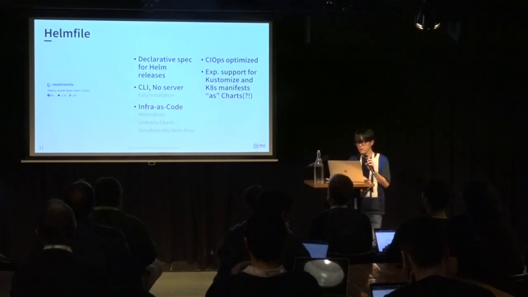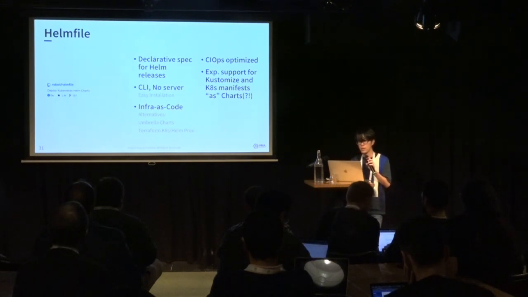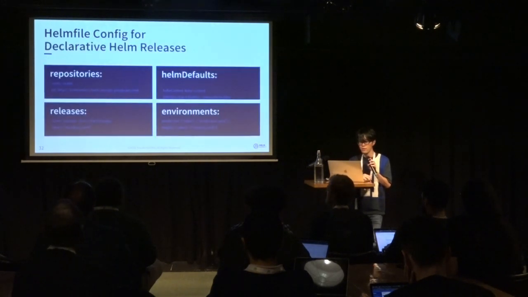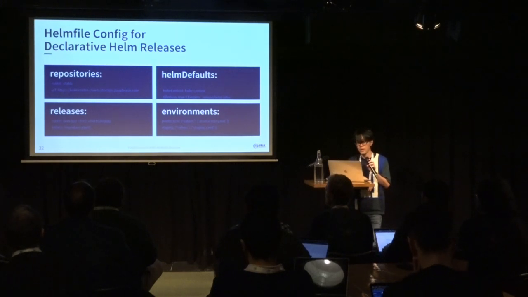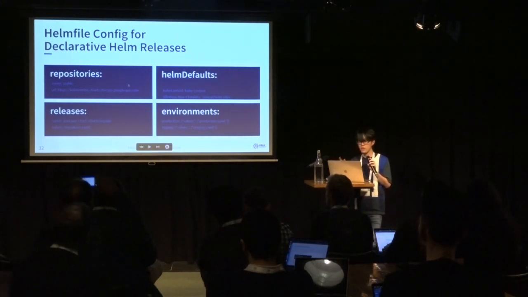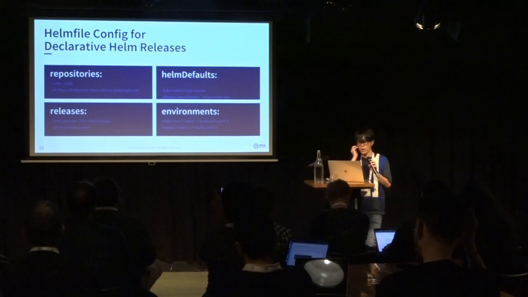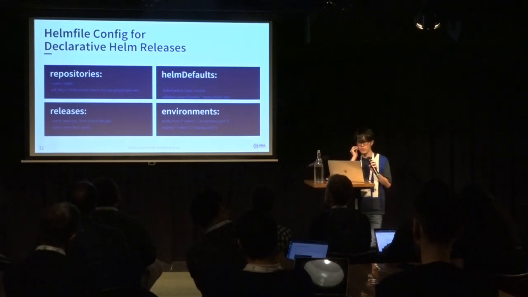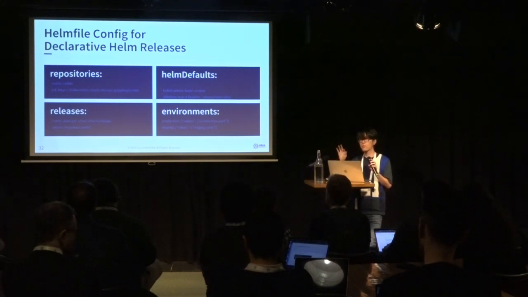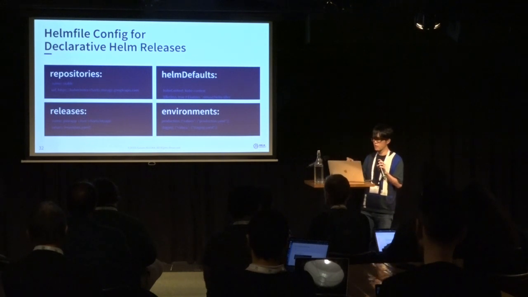The great point about it is that it has very experimental support for Kustomize and Kubernetes manifests as Helm charts. Okay, it makes your Helm release very declarative by giving you these configuration syntaxes. You can define what repository you use in your deployment. This is a kind of Helm chart repository. What releases, this is Helm release you'll be installing to your cluster, and Helm default arguments passed to Helm command,